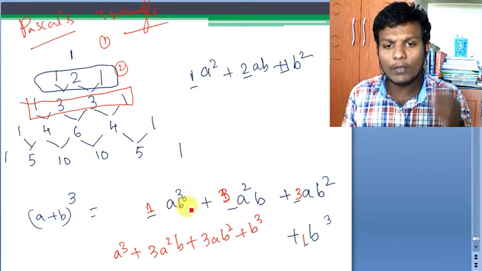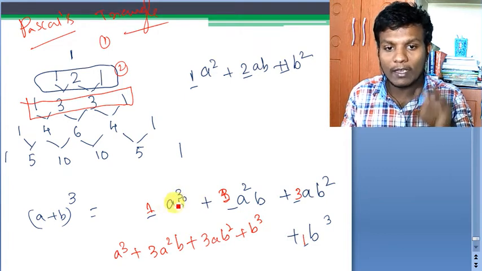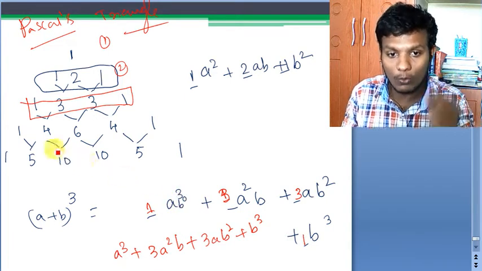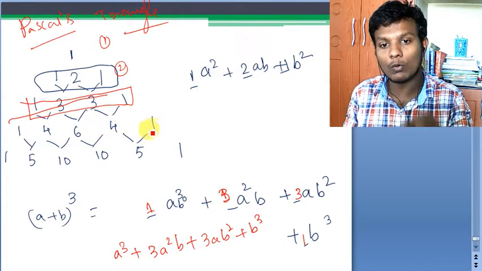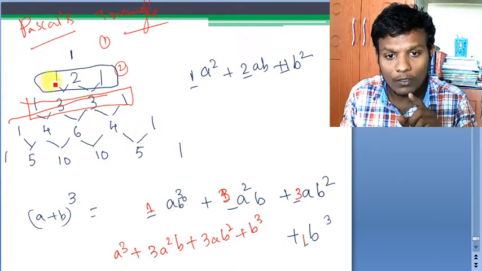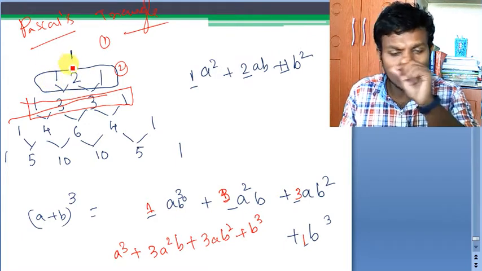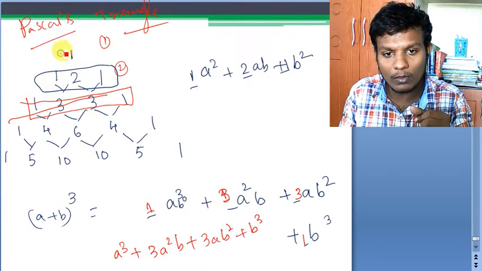From now onwards, if I want to write (a + b) whole power 4, where shall I go? I will be going to this line. These will be the coefficients: 1, 4, 6, 4, 1. Just understand, the first will be here like this one. And before, if you want to add, you can write one more 1 here, and write 1, 1, 1 like this.